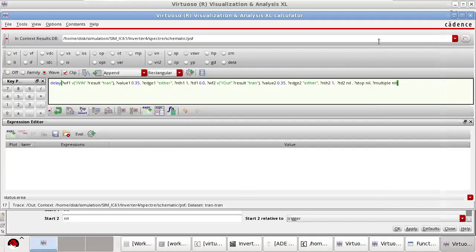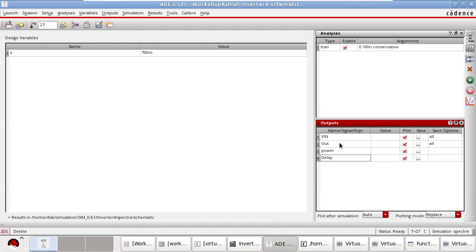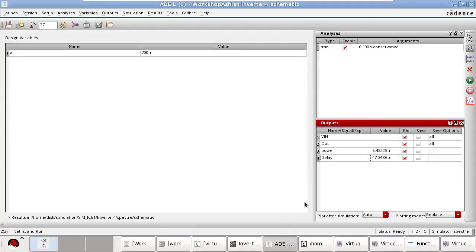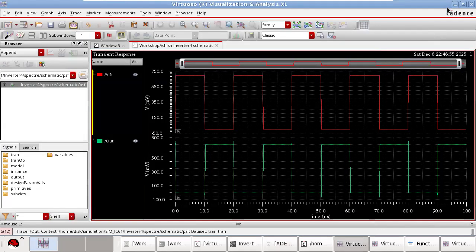Okay, so I have just created this circuit and given the power and leakage in this. Now I'll simulate it. Let us see the impact. We see that the dynamic power dissipation is 5.43225 nanowatt, and the delay is 47.0486. Right? Now we'll apply the technique that we use to reduce the leakage